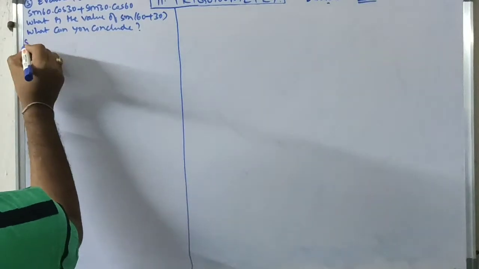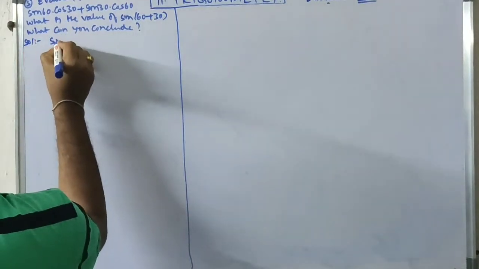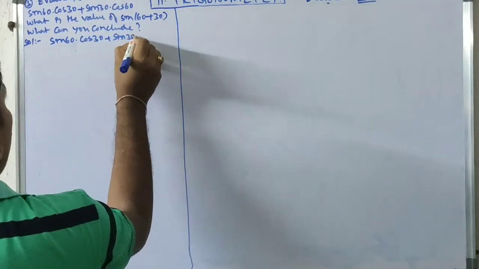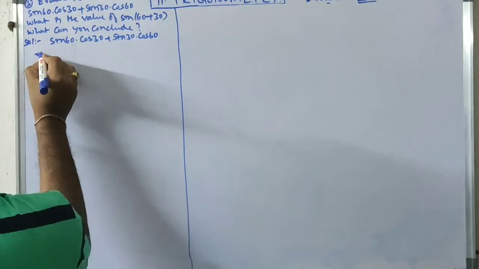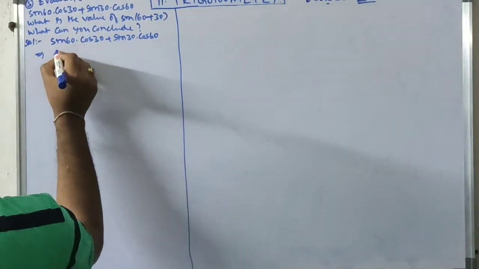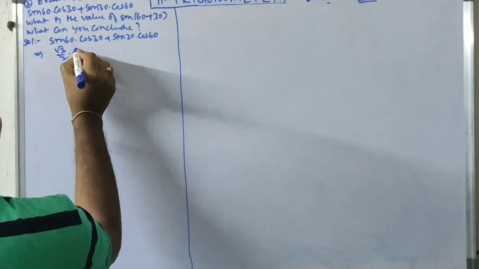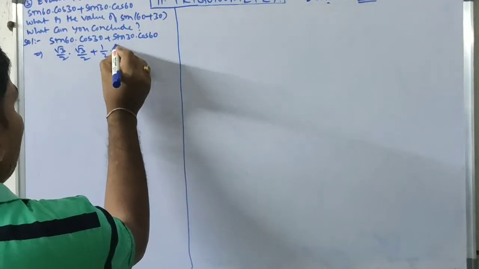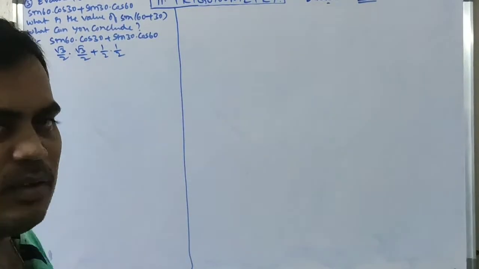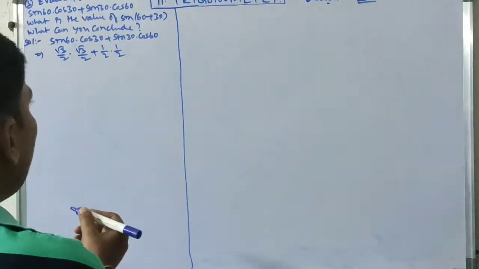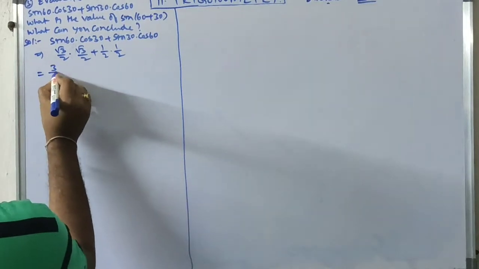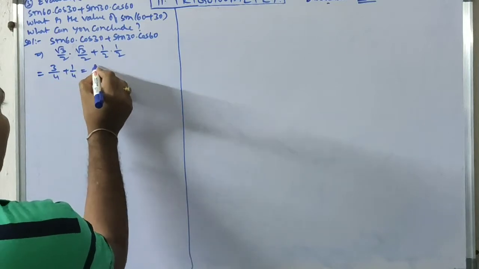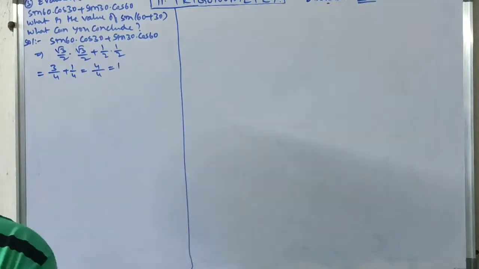Okay, now the solution. Sin 60 cos 30 plus sin 30 cos 60: sin 60 value root 3 by 2, cos 30 value again root 3 by 2, sin 30 value 1 by 2, cos 60 value 1 by 2. If we observe the table, we can easily know these values. Root 3 into root 3 is 3, 2 into 2 is 4, plus 1 into 1 is 1, 2 into 2 is 4. 3 plus 1 is 4 by 4, which is 1.